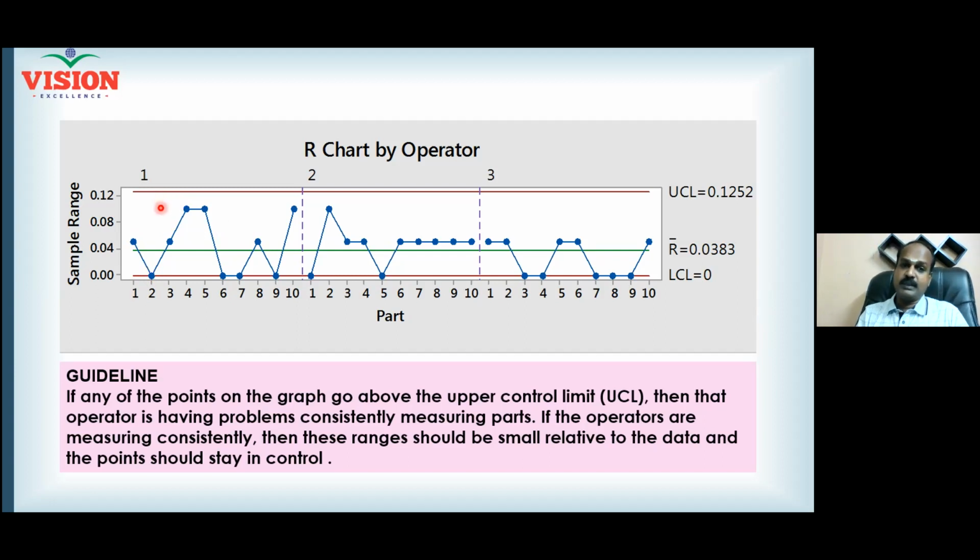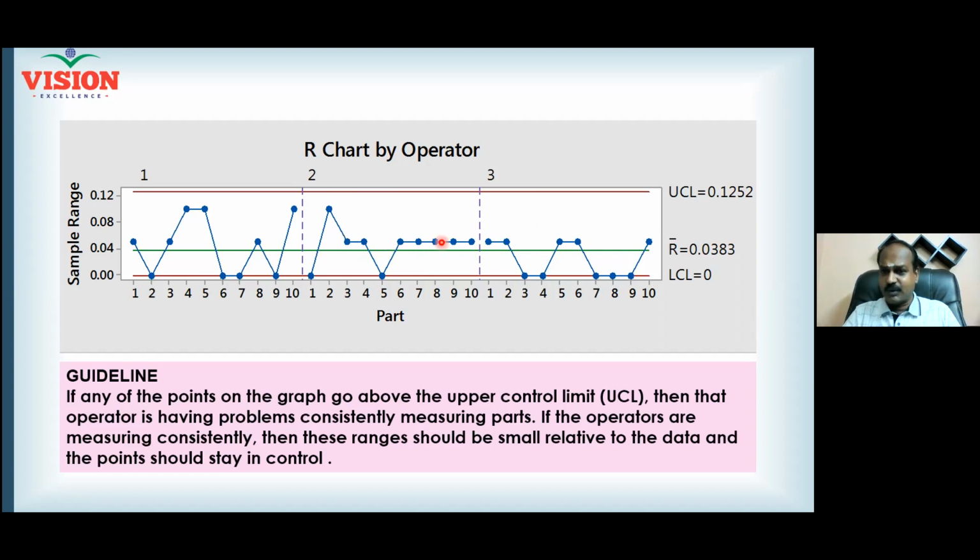Now tell me who is more repeatable. Operator 1, operator 2, or operator 3? Who is good out of the 3? Operator 2 is good. And why do you say operator 2 is good? Because he's consistent with his measurement. When you say consistent, you are saying that all his readings are closer to the center line. Am I right? Yes. Very good. So now you get an idea about where the repeatability originates from.